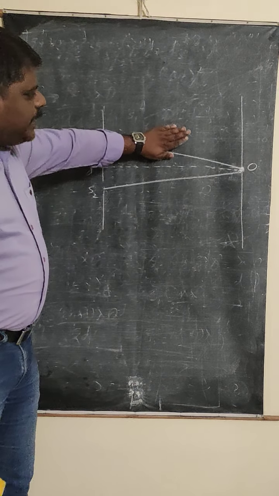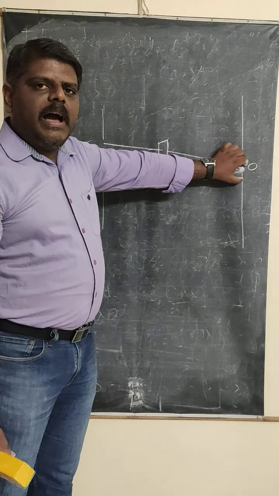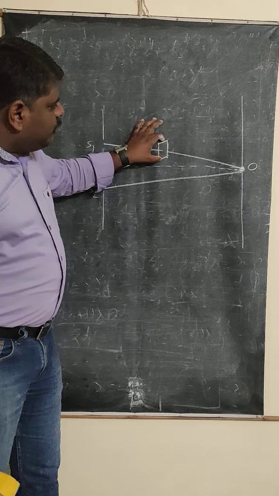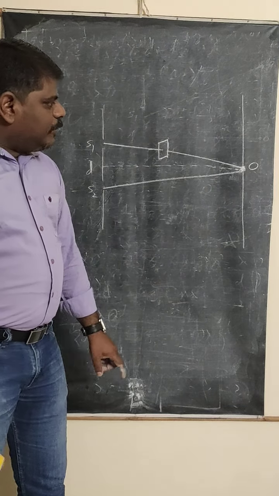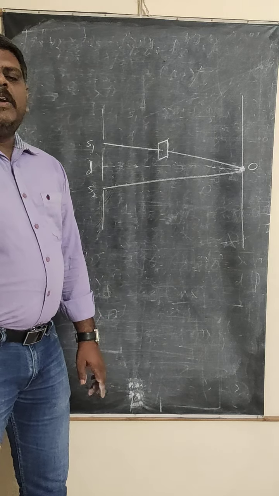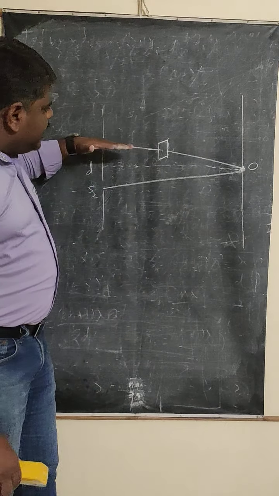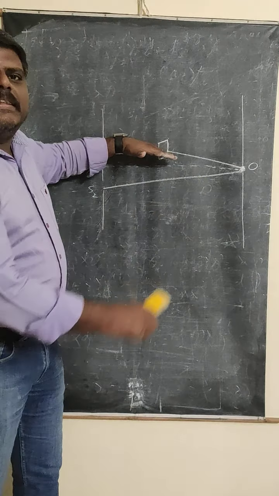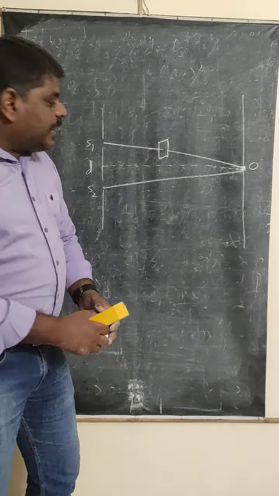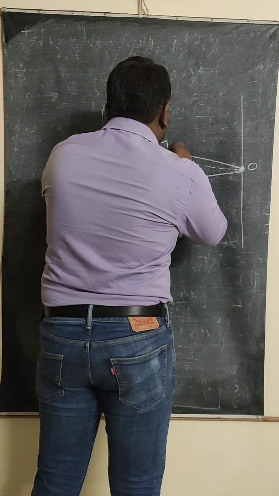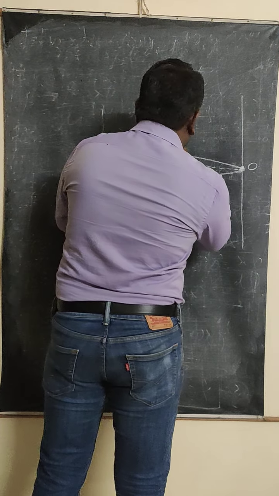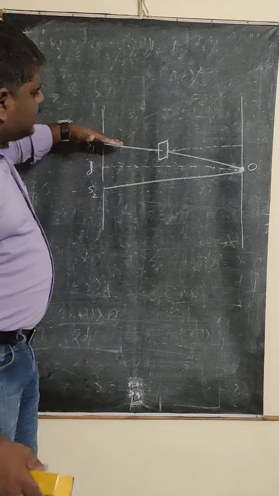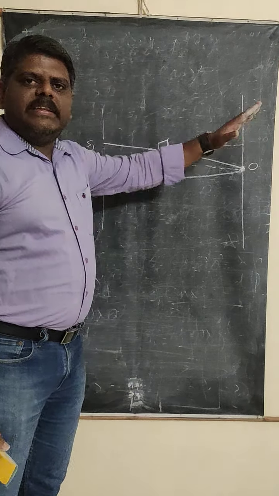Now, if this glass plate is not there, what happens? The central band will always be a bright band, and it will be produced at the center only. But whenever I use this glass plate, will the central band be produced at the same place? No. What is the reason? Whenever this light wave enters the transparent sheet and passes through it, refraction will take place, and it is going to refract in this direction. It is coming here, refracts, and travels in this direction.